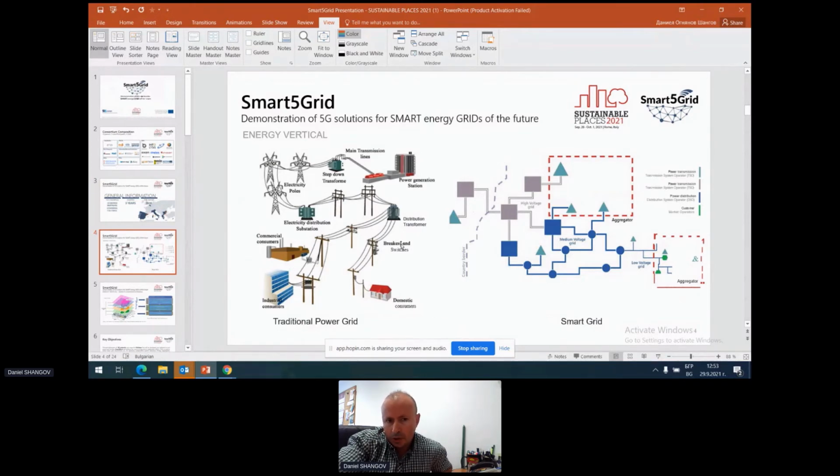The communication concept on the right side implies the Smart 5 Grid solution, which involves multiple directions of data transfer from aggregators on the low voltage grid to the medium voltage grid, as well as from the high voltage generation. Here the data management needs to face all the challenges posed by distributed and diffused generation, including behind the meter. That's why, without denying the traditional optic and line communication, we also need to investigate the possibilities of a flexible, easier to deploy, cost-efficient